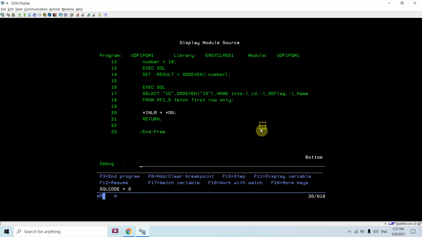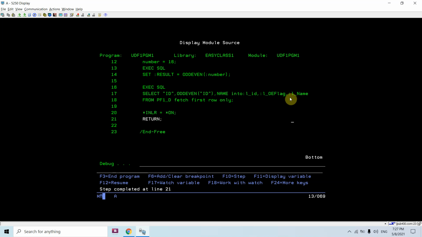It is 0, which means the statement executed successfully. Just check the ID. ID was 1, and the second field is odd even ID, which returns whether it's an odd or even number. So it's an odd even number flag. You can see its ID was 1, it's an odd ID, and the name was name1.